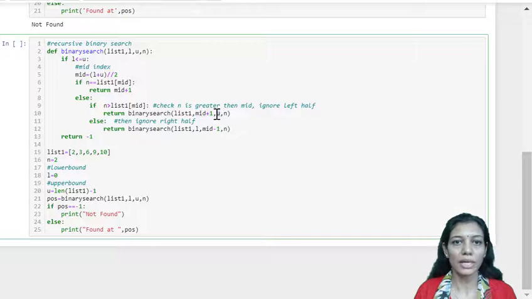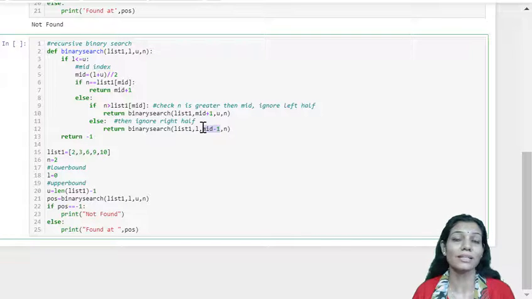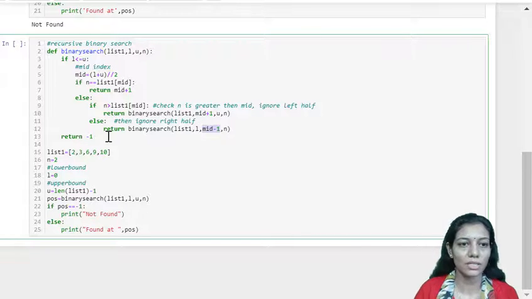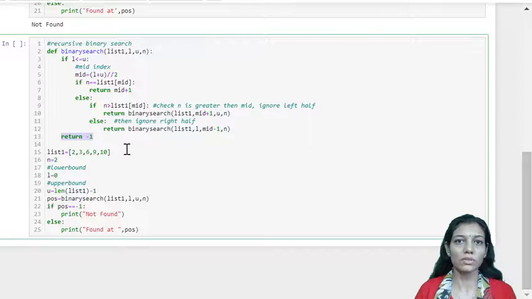Upper bound will remain as it is, and this is the search element. So all the parameters will remain the same except the lower bound that we need to change, and in the other case we need to change the upper bound, because we want to ignore the rest, the right hand side of the sublist. That is the reason. Same thing, if the element is not present, we'll return -1.